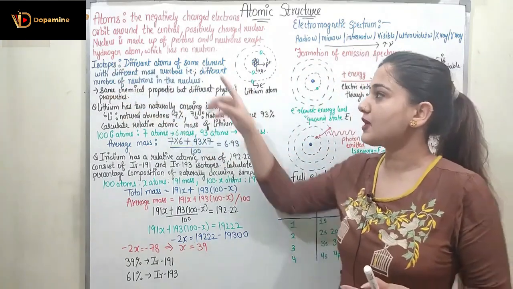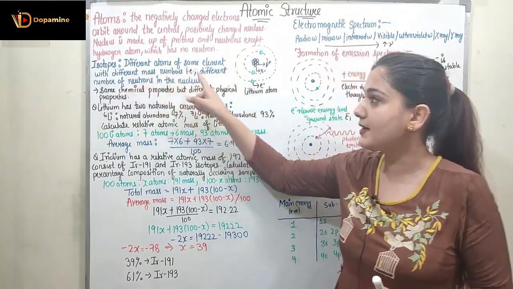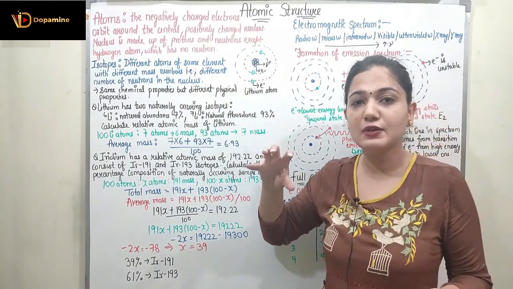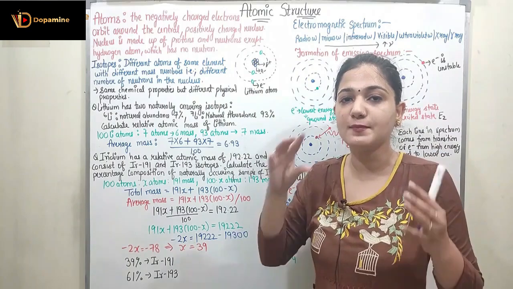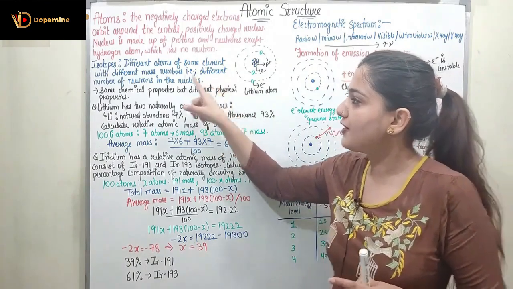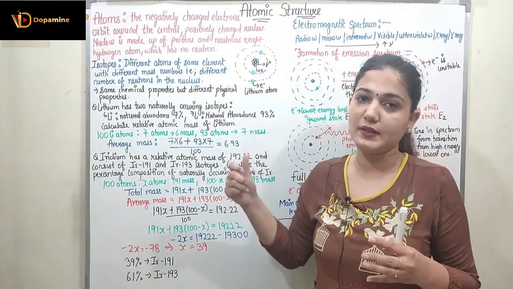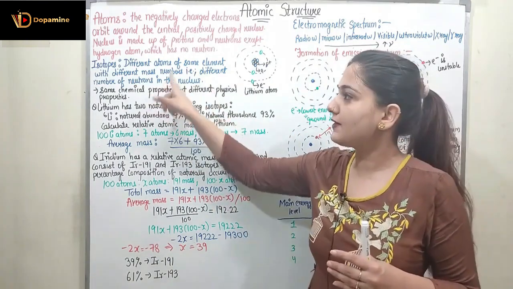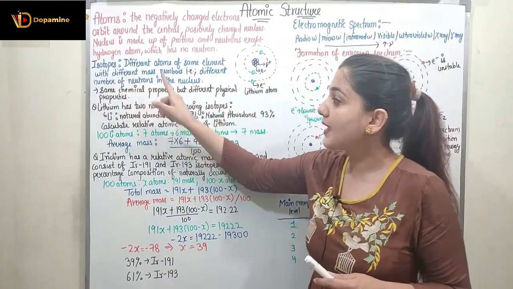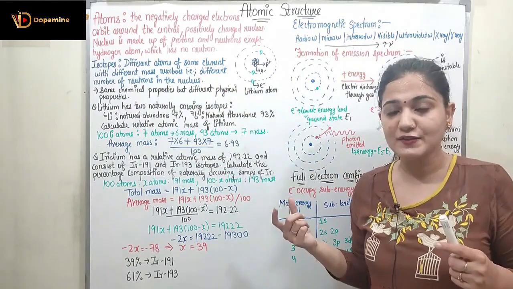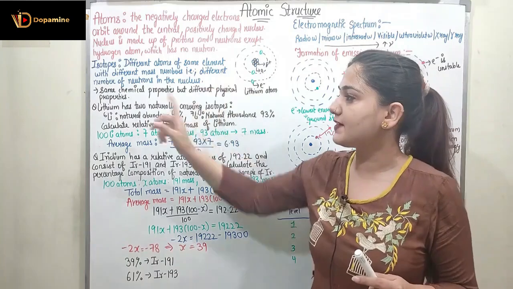Coming to the isotope. What are the isotopes? Isotopes are the different atoms of the same element with different mass number, right? If I see the nucleus, both of the isotopes will be having the same number of protons but a different number of neutrons. So a different number of neutrons is going to give me a different mass number for the given atom, right? So for that we will be having different isotopes. We will be having the same chemical properties for the different isotopes because the number of protons is the same, but different physical properties.